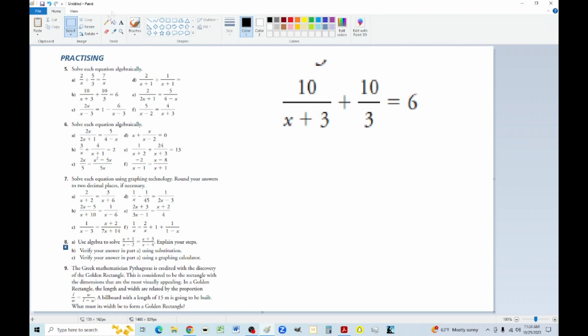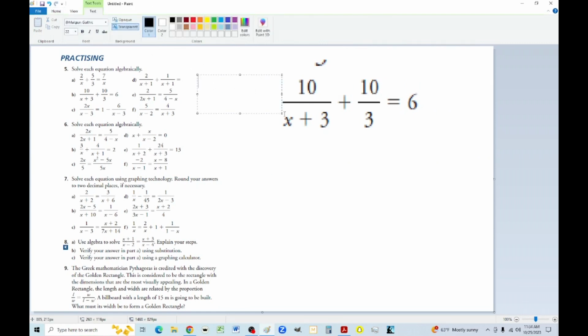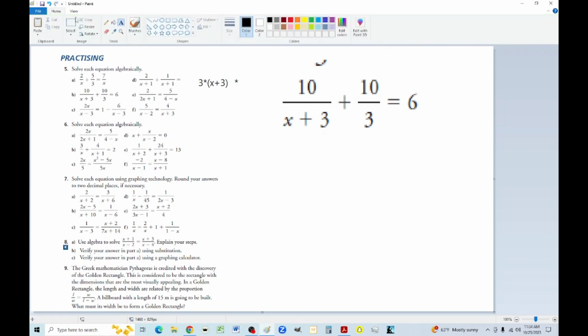So if you look at the denominators, there's only a 3 and a 3x. That means I'm going to multiply both sides by 3 times 3x, plus x plus 3 times the rest of it, and I'm going to do that on both sides. Over here, it gets distributed through and multiplies each term. You can see various things cancel out. The x plus 3 cancels out on this side, and the 3 cancels out on this side. Now the whole point is to get rid of denominators. So we got 3 times 10, which is 30,